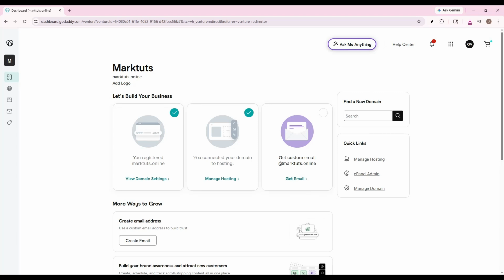If you need to transfer your GoDaddy domain to another registrar, one of the most important things you'll need is the EPP Authorization code, sometimes called the transfer code. In this video, I'll show you exactly how to find it inside your GoDaddy account in just a few minutes. This is a simple process, but there are a couple of transfer rules you should know before you start,